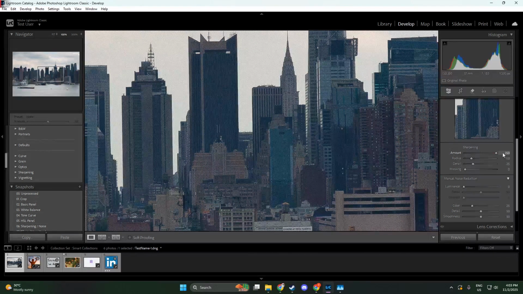The Amount slider is your primary tool here. It controls the intensity of the sharpening effect. Think of it as the volume knob for sharpening. Dialing it up will increase the strength of the effect, so adjust this slider for the overall sharpening effect that